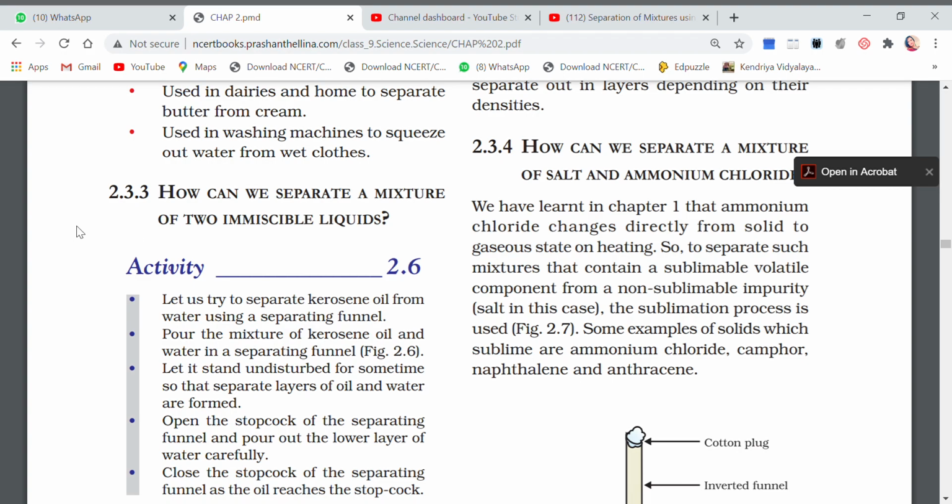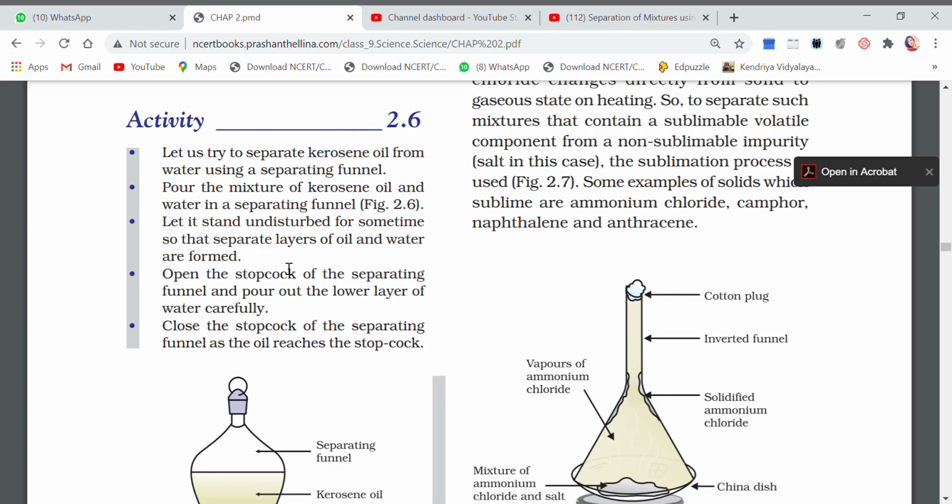So here you will write down a question: what do you mean by immiscible liquids? Or define immiscible liquids. The answer is: the liquids which do not mix together or do not dissolve amongst each other are called immiscible liquids, and the example is oil and water. So I have given you the question, and I have also given you the answer. Now children, let's move on.